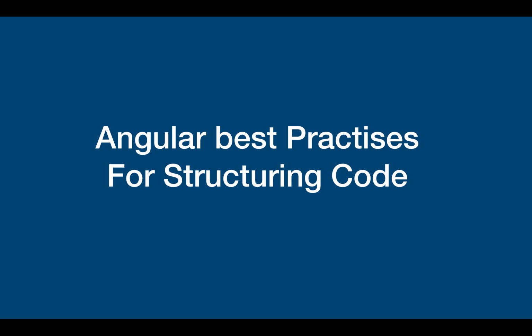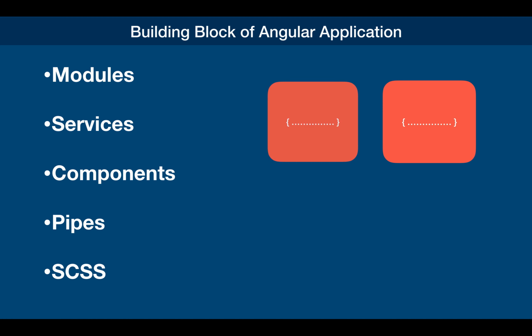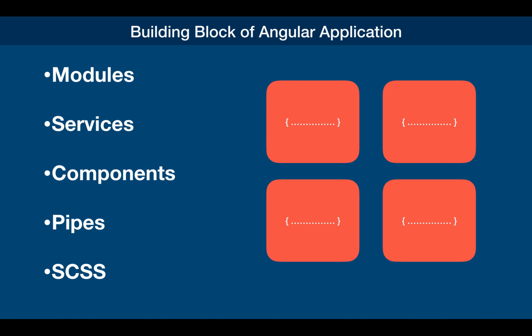In this video, I'm going to be talking about Angular best practices for structuring your code. Let's talk about building blocks of Angular applications. We have modules, services, components, pipes, and Sass files. When writing Angular application, we need to make sure we break down our code into smaller pieces for a specific functionality. For example, you will have services which are going to be used in different modules, reusable components, pipes to